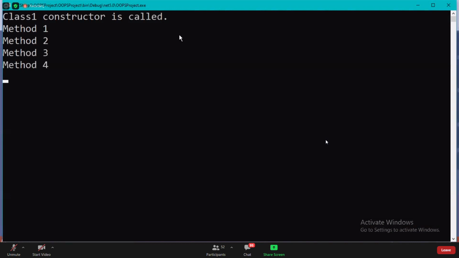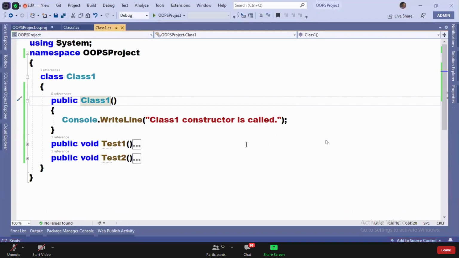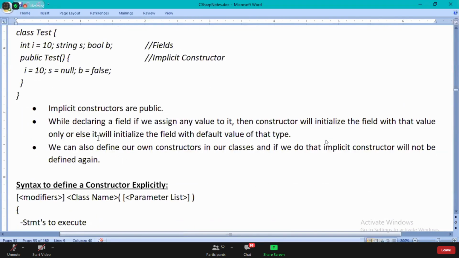Okay, fine. But when the constructor is implicit, it is executing, sir. Yes, it executes. Why? This is the reason. Guys, read that.